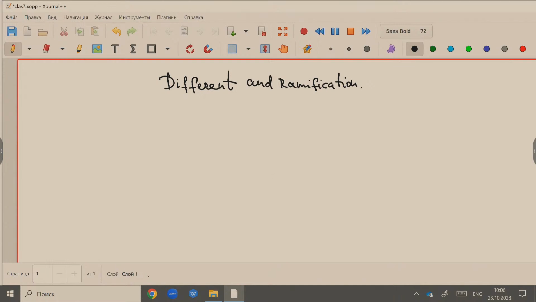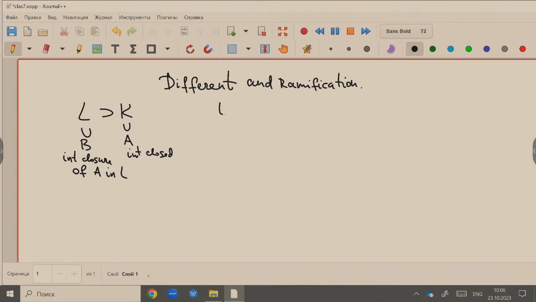So as usual, we had the field extension. So here you have A is integrally closed, which was important. B is also the integral closure of A in L. And what we have,